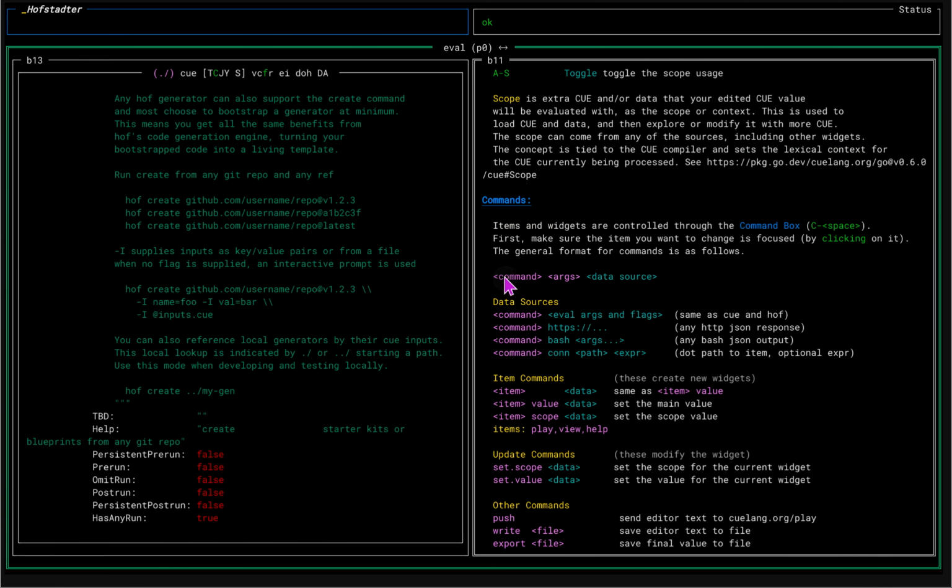A command has args and typically a data source. So the ones we were just using, play and view, are taking these. You can get them from a playground. You can also get them from any bash command. So if I do something like,